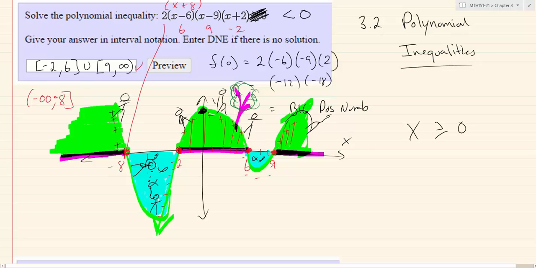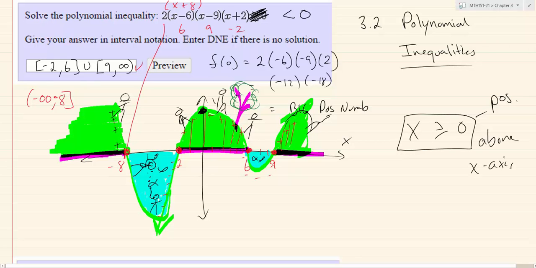Greater than or equal, what does that mean? I forget greater than or equal. But if you think about it in terms of what this really means, this is a math way of saying positive numbers. And positive numbers means above the